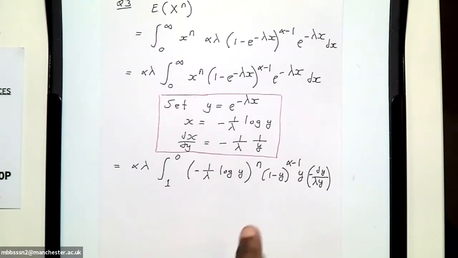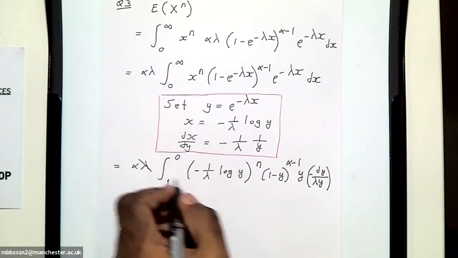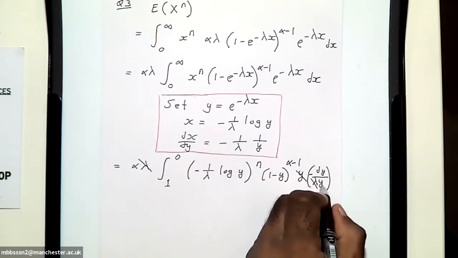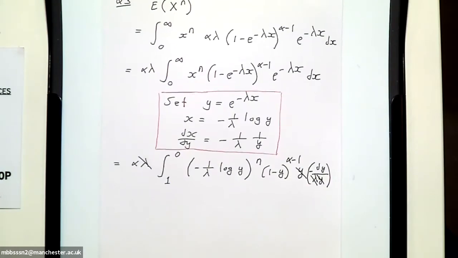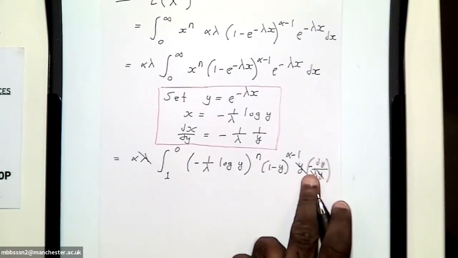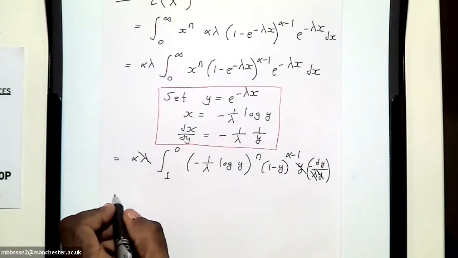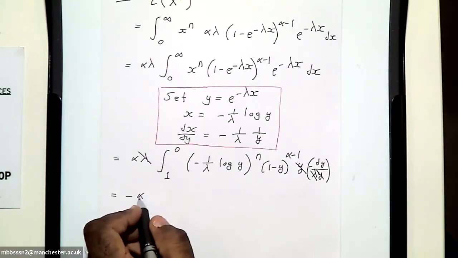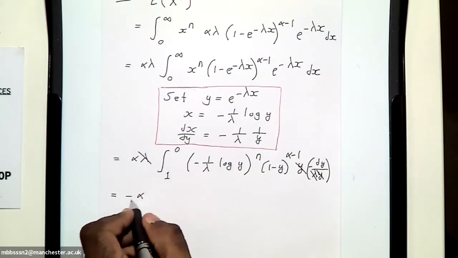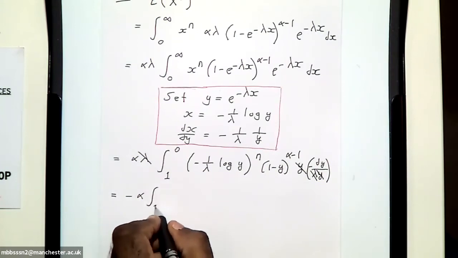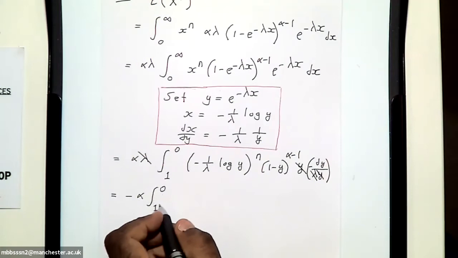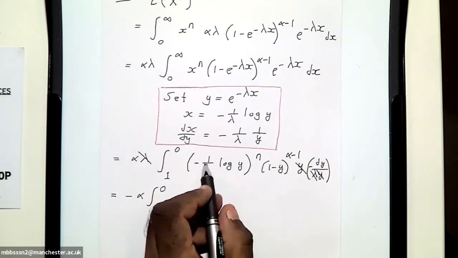Okay, a few things cancel out. The lambda here and the lambda here will cancel out. The y and this y will cancel out. And you have a minus here which I'm going to take outside. So it's going to be minus alpha. Are you guys following me or not? If you're not following, let me know. Okay, minus alpha, the integral from 1 to 0 of, I'm going to write this as